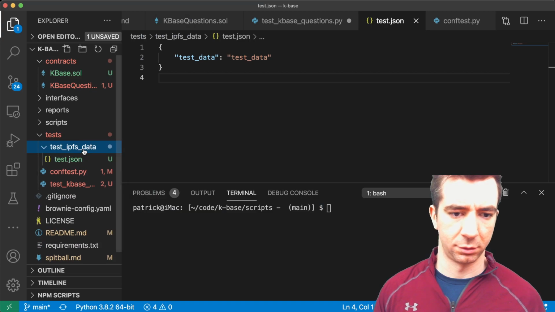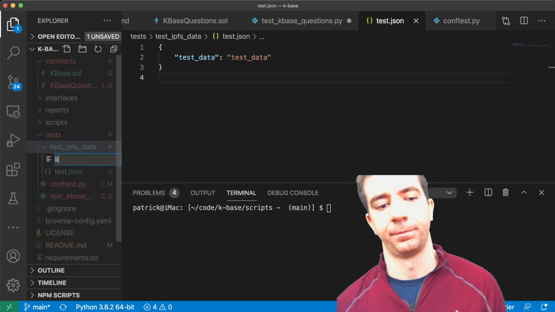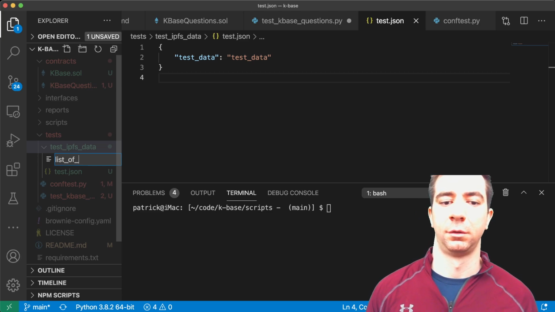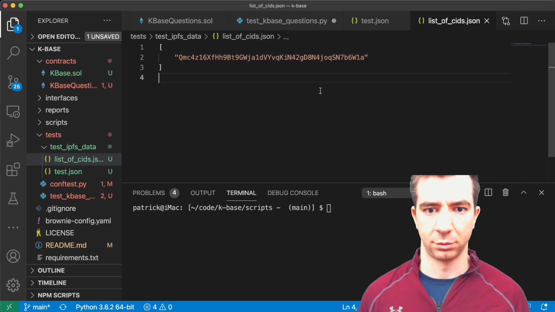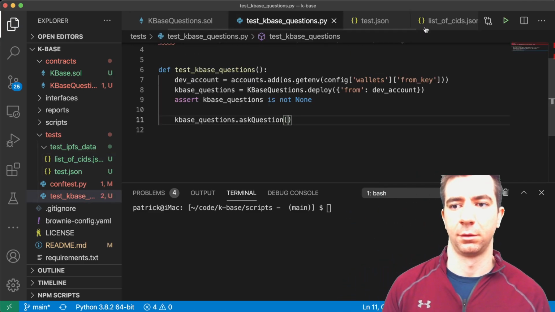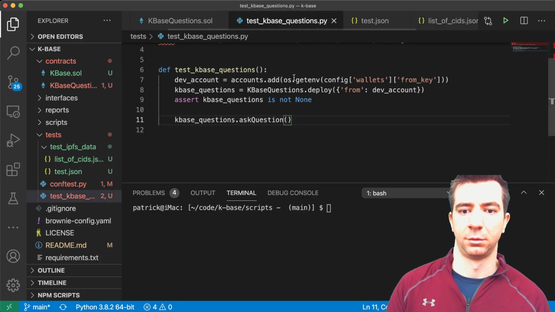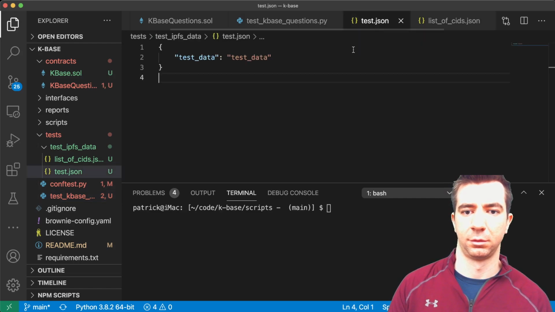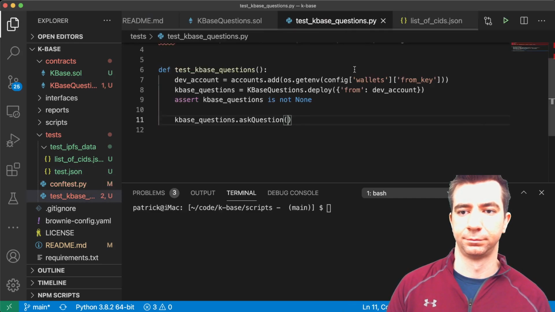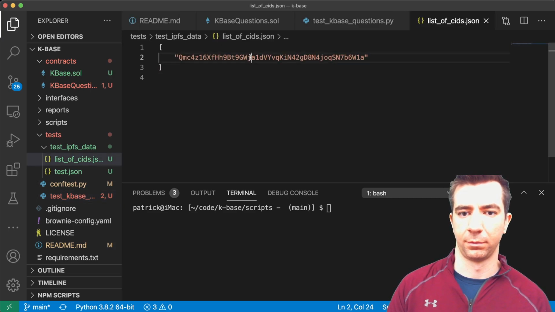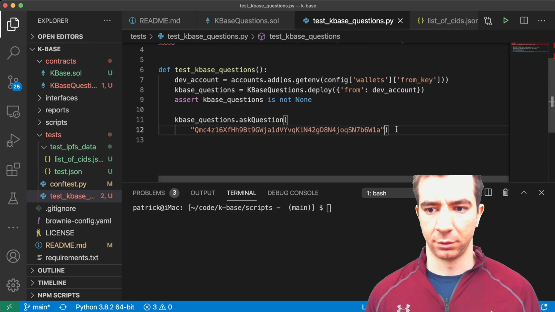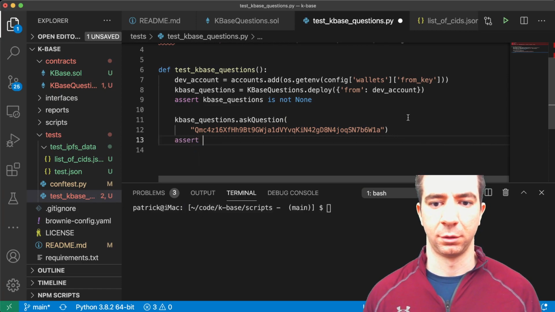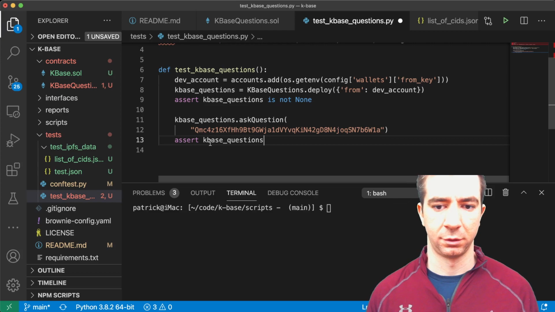Copy CID. File. List of CIDs.json. Fix that later, actually. Cert kbase dot